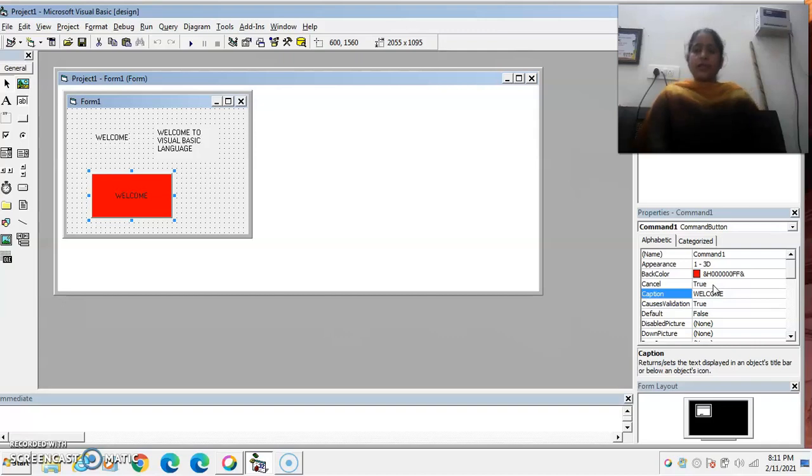Now the next property of the command button is the default property.